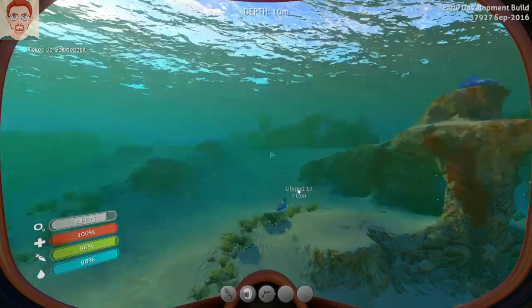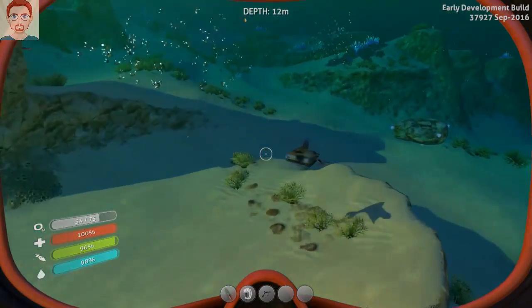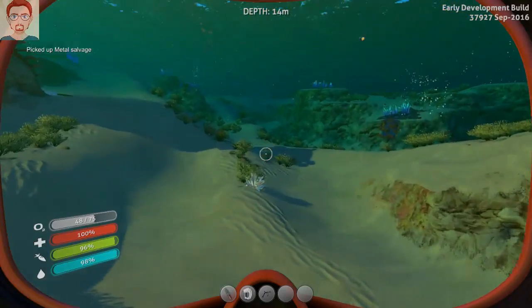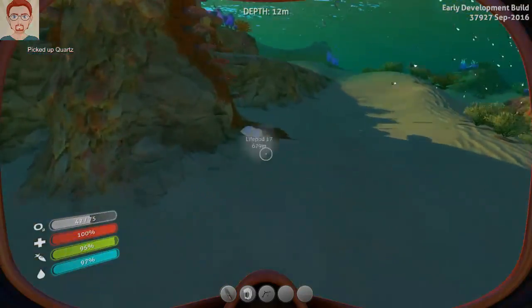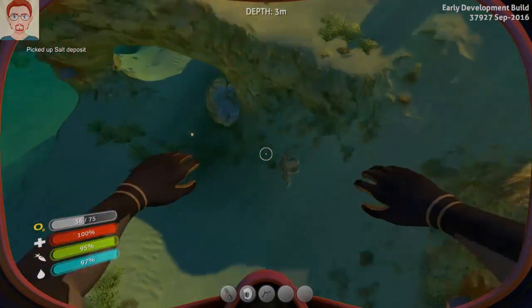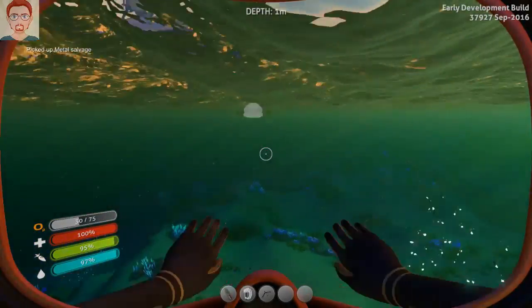Now, last episode we watched the Aurora explode. In this episode, what I'd like to do is get the resources and scan the items needed to start building a base. And yeah, so we're eventually going to have to make our way over to the floater island and